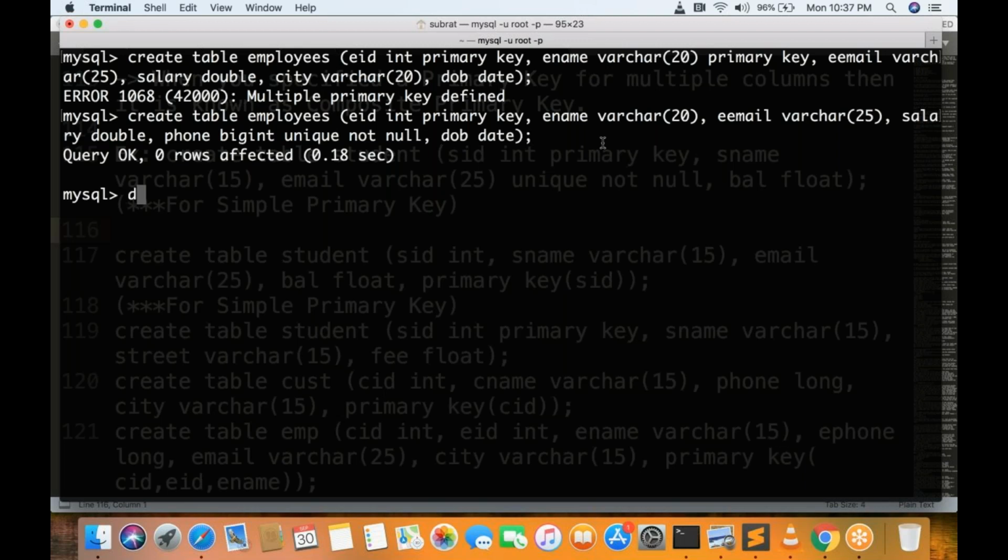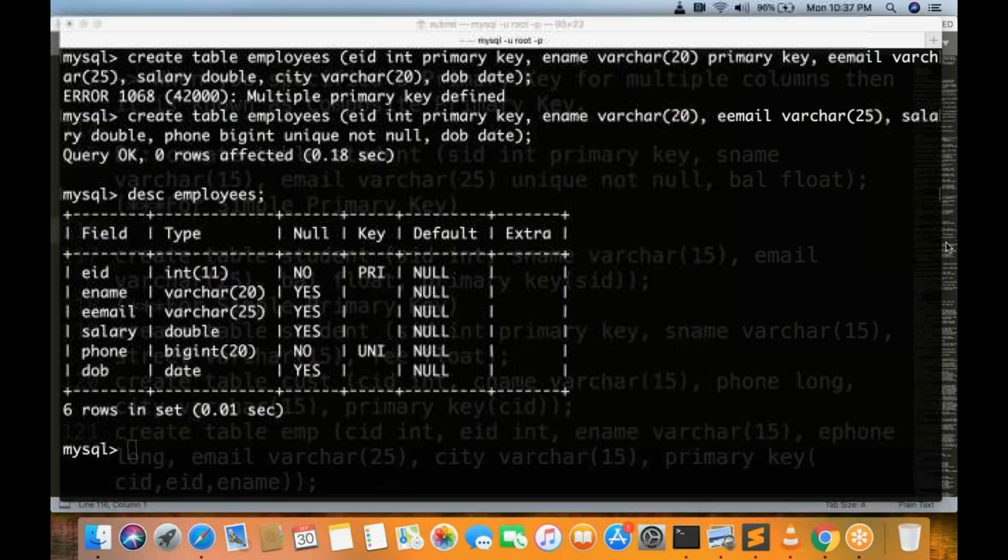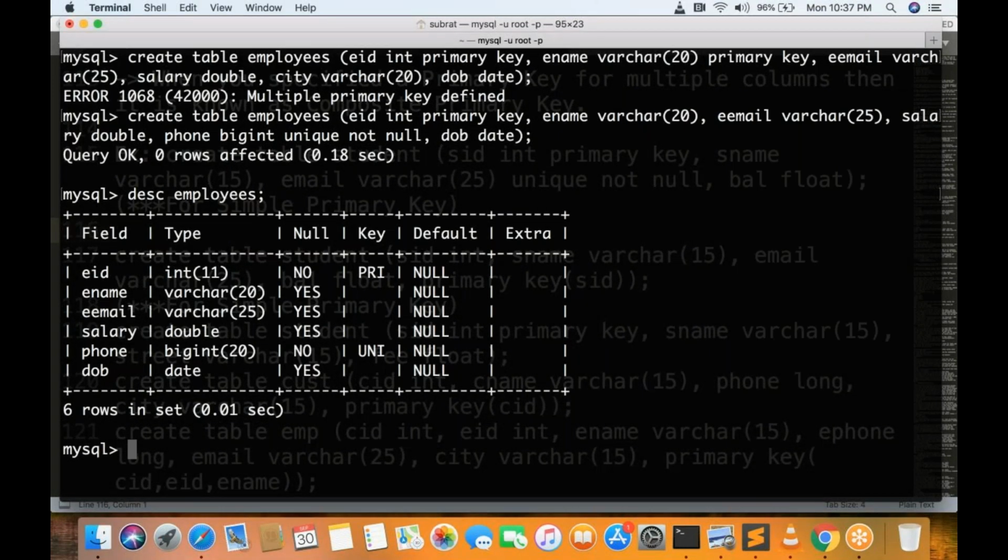Now you can see here. If you want to see the description of the employees table, you can see here employee ID, null is not allowed, primary key it is. And employee name, worker, employee email, salary, all are fine. Phone you also defined as not null and unique. So this is the combination you have defined. There can be n number of columns with the same combination, but here as of now I'm using only one combination. Let me insert into employees,